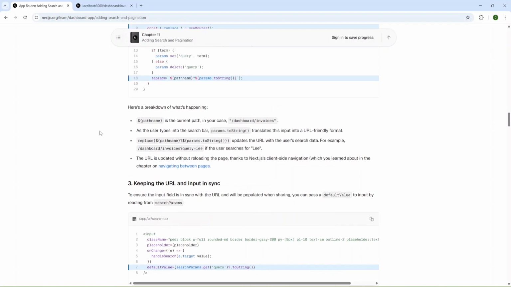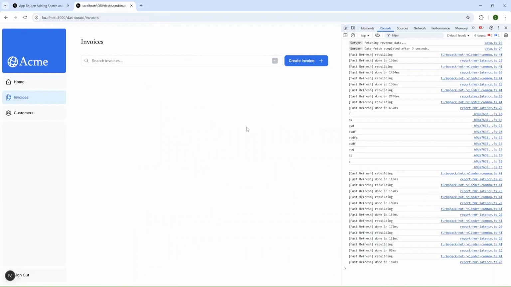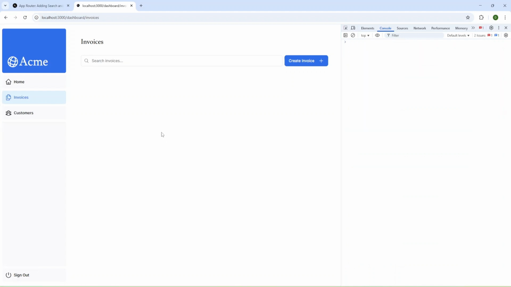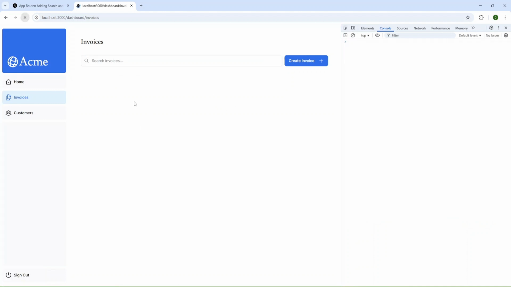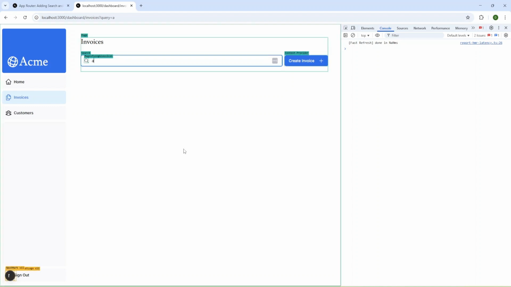And now let's check. I'm going to refresh this page and provide some input. Okay, we have an issue. I believe we can ignore it for now. Okay, and it's gone. And let's provide some search param.